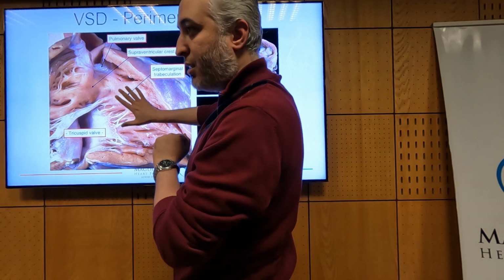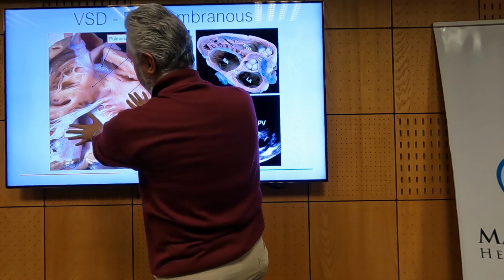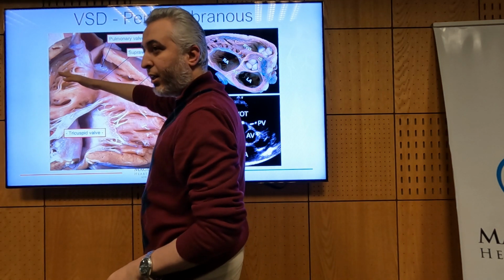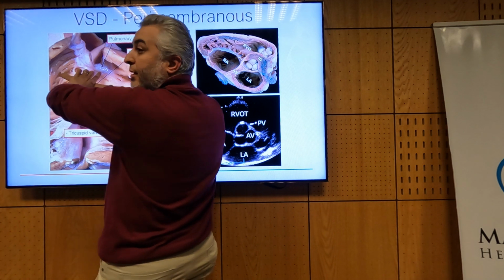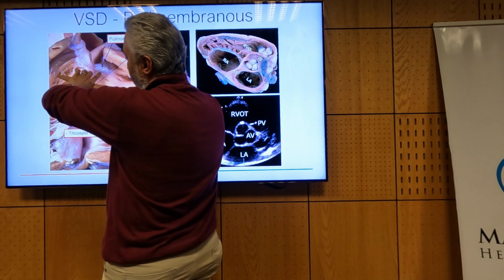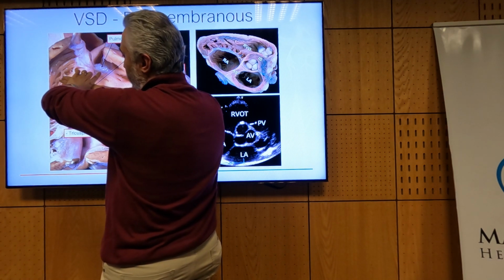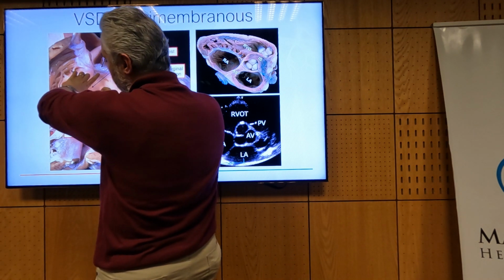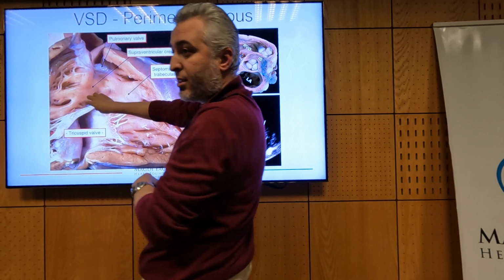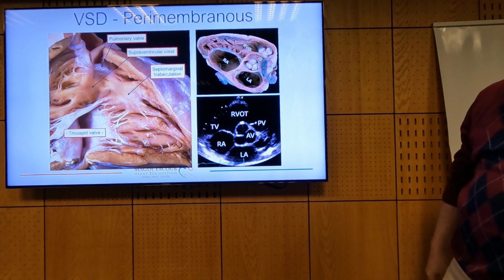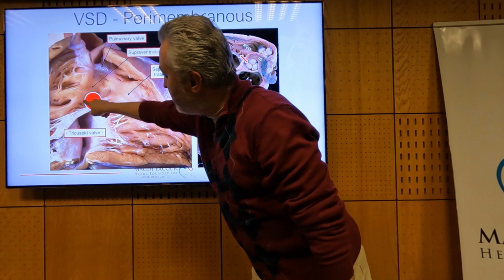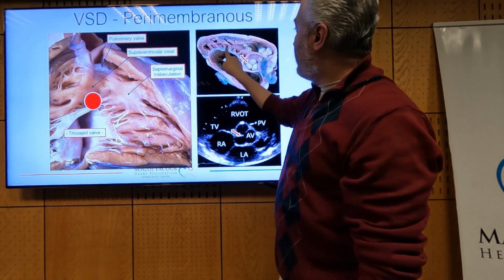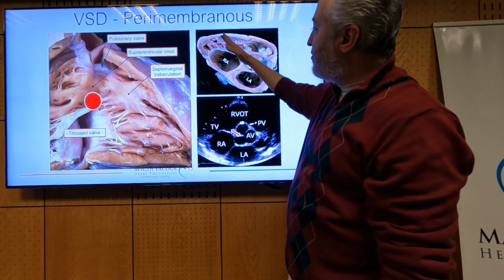Now we're looking at the RV cavity. This is the ventricular septum, tricuspid valve, pulmonary valve, and the LVOT is in that direction. The aortic valve is at that plane. Where would you find a VSD where part of the edge of the defect is the tricuspid annulus and aortic annulus? Here. So this is a perimembranous VSD. So if you get a cut section here, tricuspid valve, aortic valve, the VSD would be in that